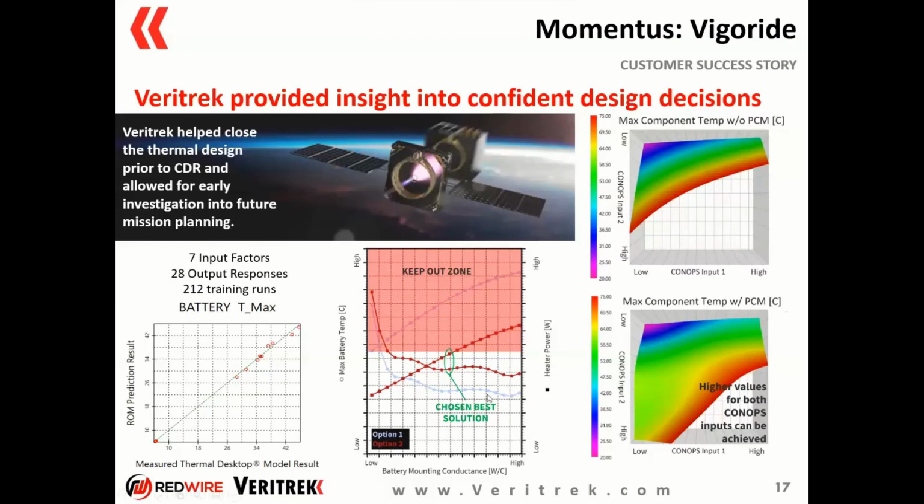So they used Veritrek's 2D parametric sweep or factor sweep analysis to look at multiple design options and choose a best design solution based on multiple output response requirements and types, heater power and max battery temperature in this example. And then doing some trades on different ConOps